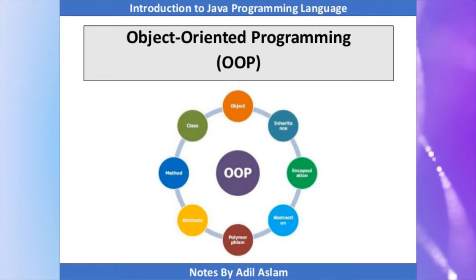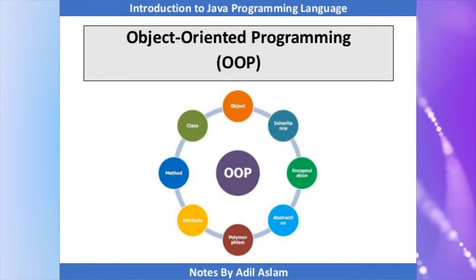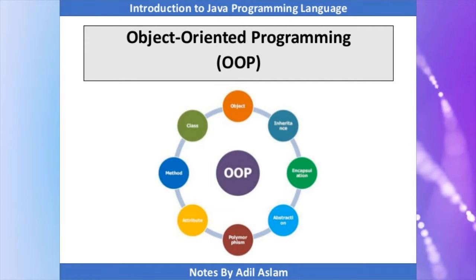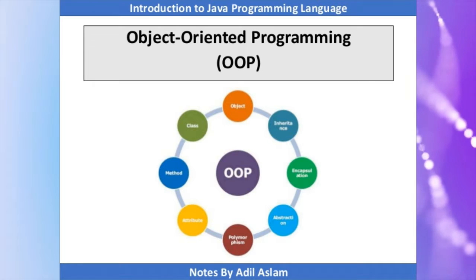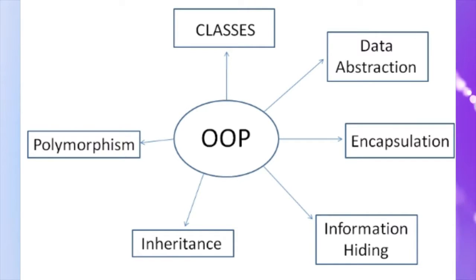Then the fifth feature is to provide a consistent object-oriented programming model. So you might be aware of the object-oriented programming model. All the languages such as Java or C++ are object-oriented, in the sense that they contain features like polymorphism, abstraction, data encapsulation, inheritance, etc. All these features are present in .NET Framework. Hence, it is known as an object-oriented programming model.